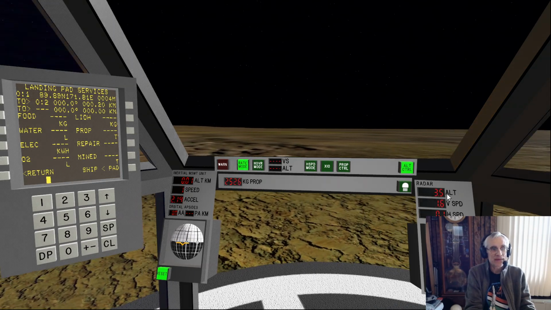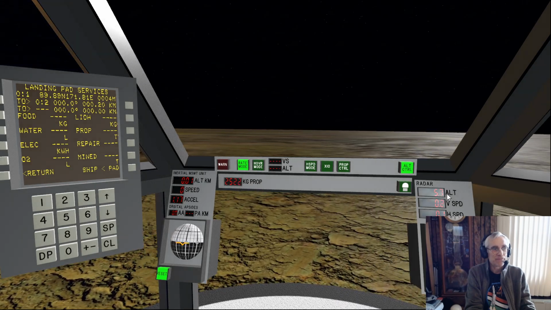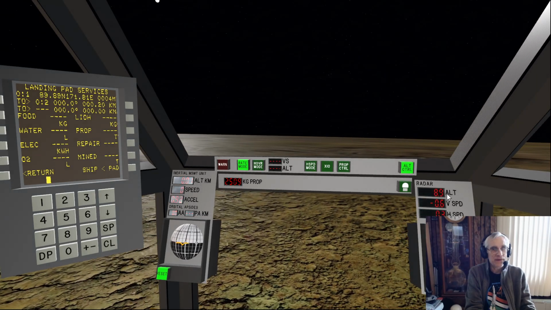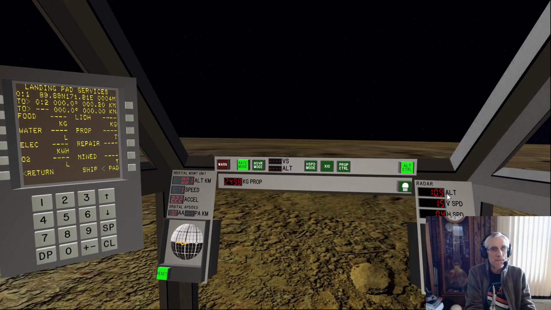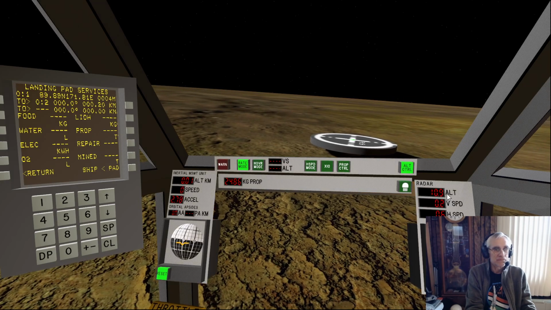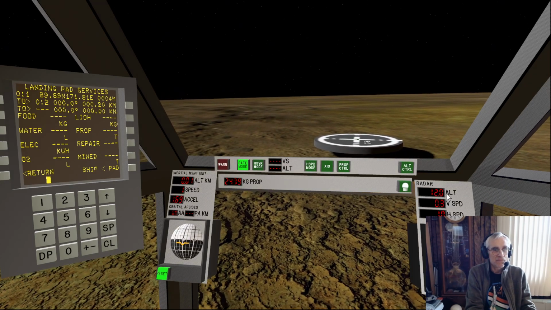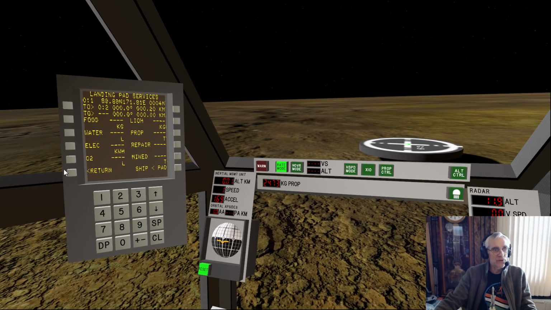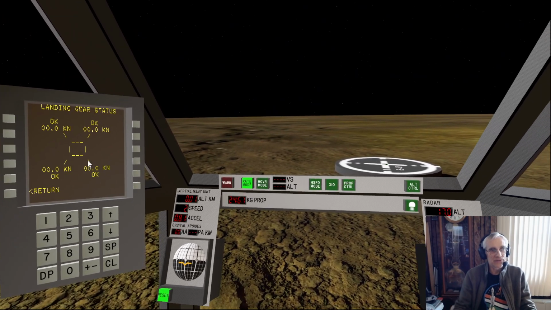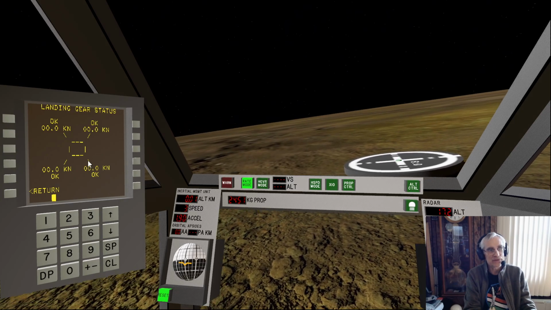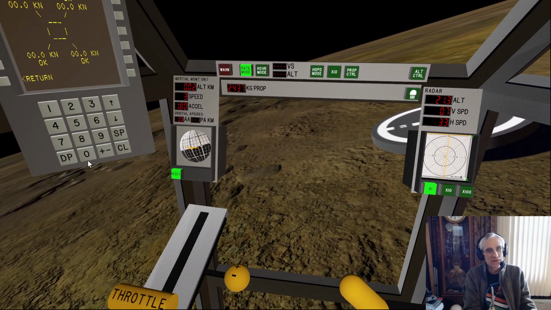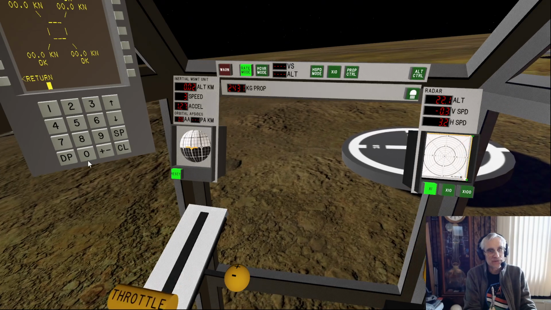So let me try going back where I came from. Doing a 180 here. Oh, there it is. Also on this, I can look now at the status of the landing gear. So I haven't damaged the landing gear. All 4 pads are in good shape. They're okay. If I land a little too hard, we'll see that display showing damage on one or more of the legs.